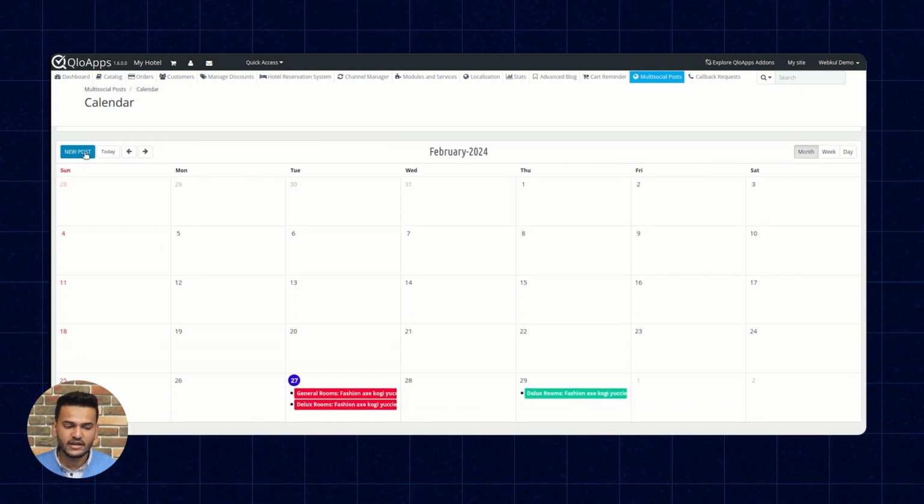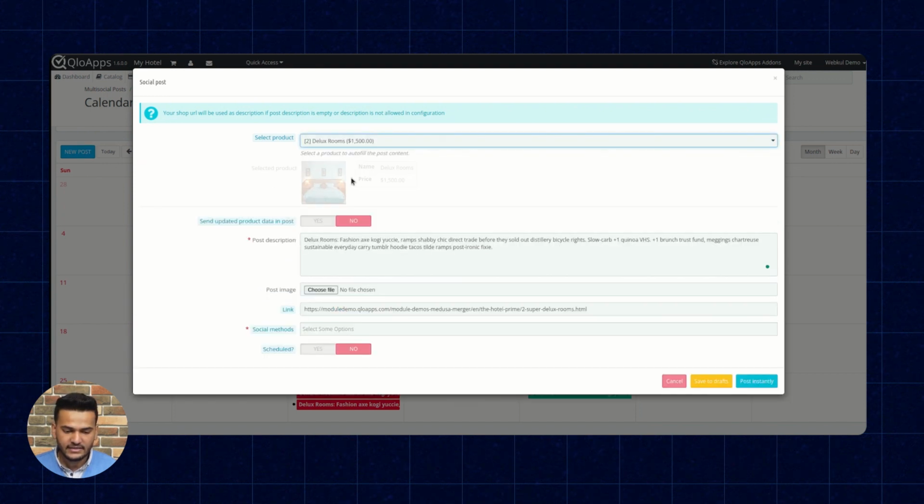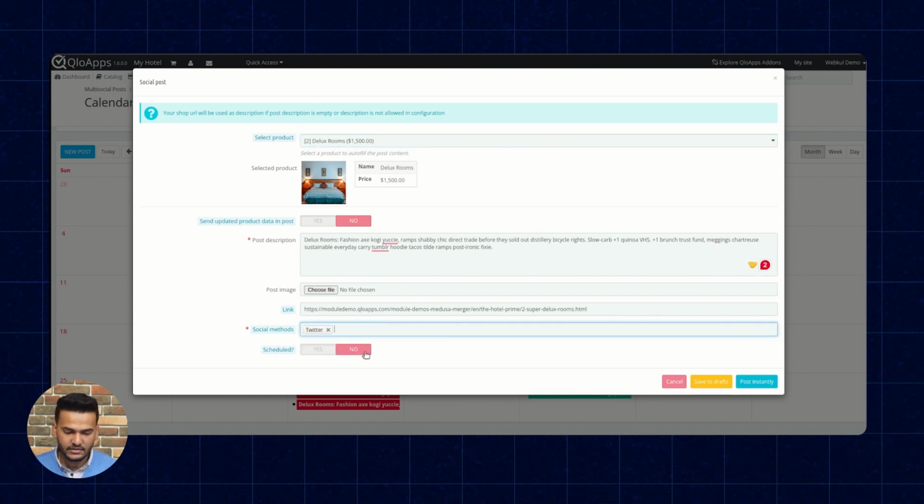Similarly, we can also create new posts for the same date. Just simply select the product, add post description, upload image, select the social media handle, and the schedule one will be on no. Once all the details have been added, click on post instantly.